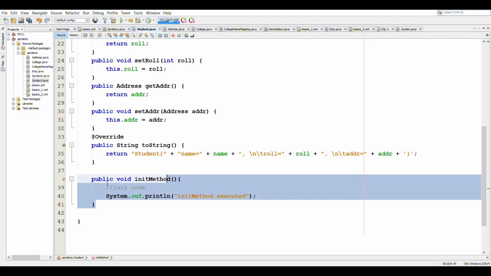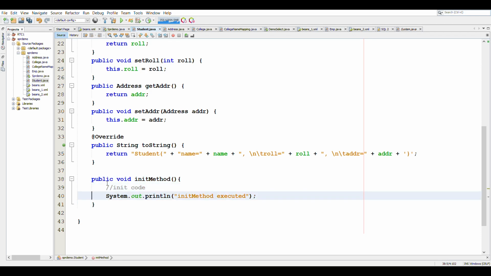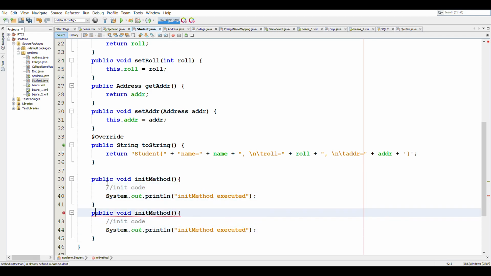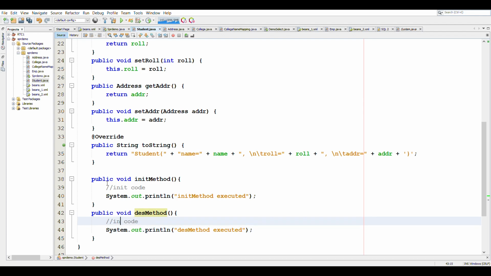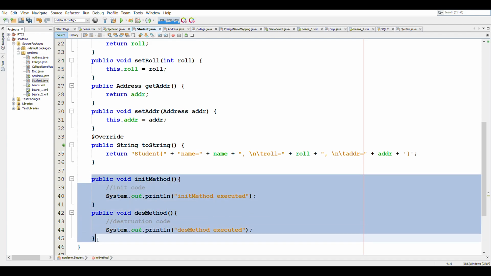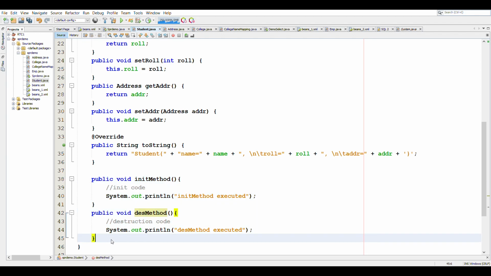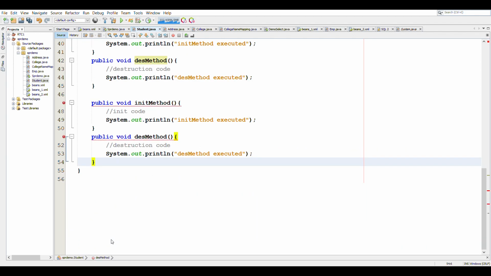In the same way, we will write another method, which is destroy method, and we will print here destroy method executed. In the same way, we will create some more methods. So let's say this is init method 2, this is destroy method 2.